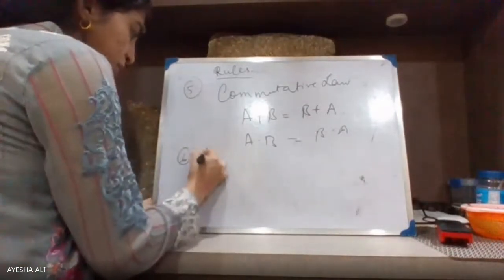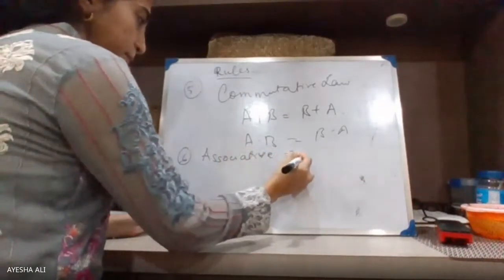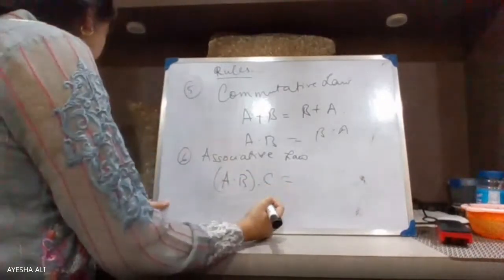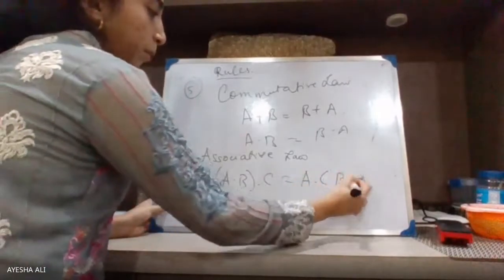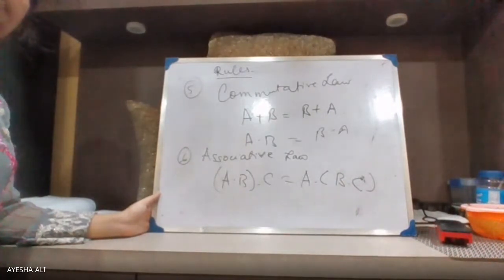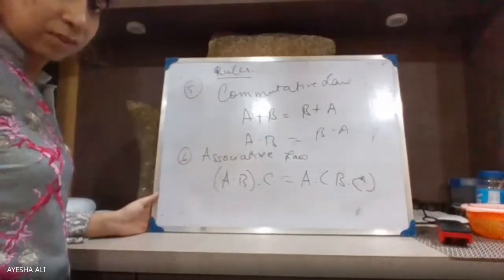Sixth is your associative law. It says almost the same as commutative, that if it is A into B into C, this can be A into B into C. I'm sure you all must have done this in your 11th, 12th, no? In set theory or something, this must have been done. Associative law, everyone is familiar? No doubt over here, I'm assuming.